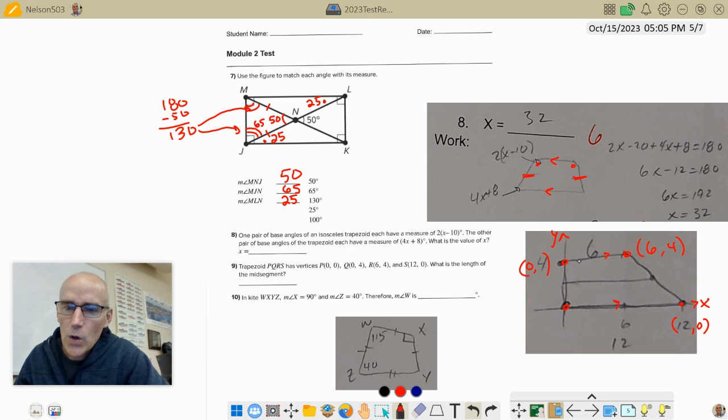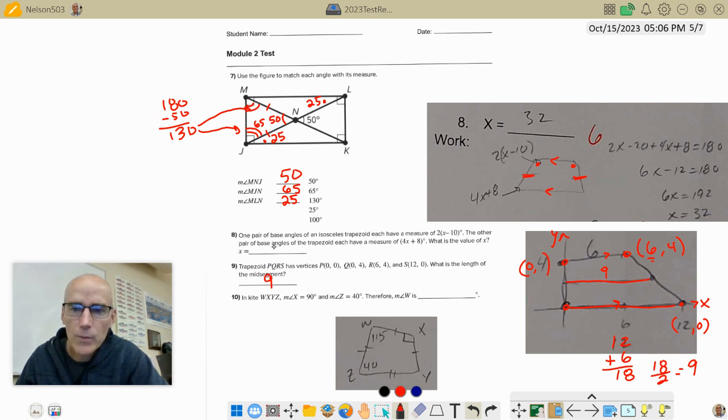And we're going over 6 from the y-axis. We're going over 6, right? So this length up here is 6. And then this length down here is 12, right? So how do we find the mid segment? Well, we add the 6 and 12 together. So plus 6, that's 18. And then you divide that by 2. And so 18 divided by 2, half of it, or however you want to think about it, is 9. So that's the mid segment right there. So 9